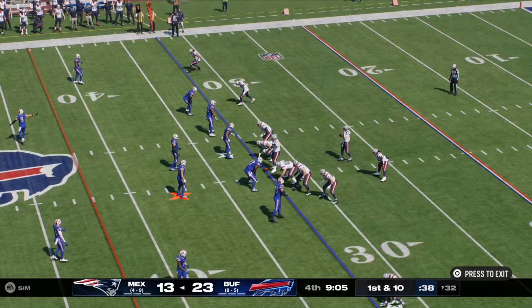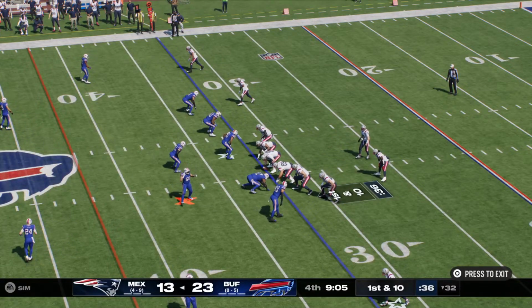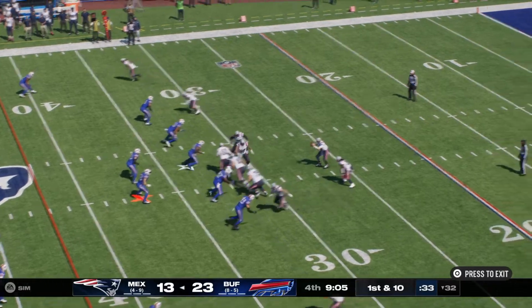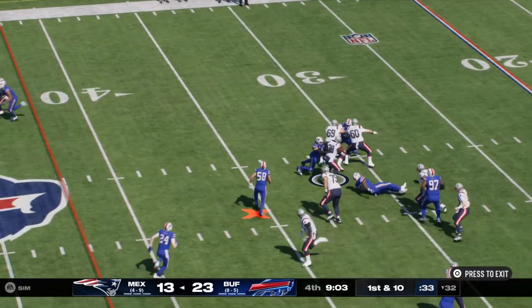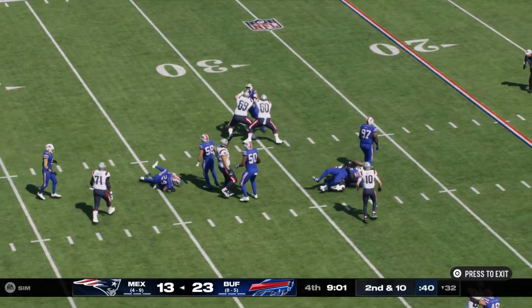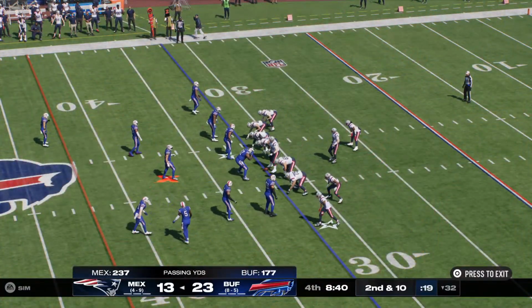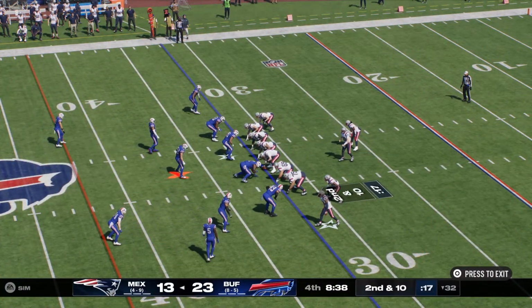The Pats at the line, ready to go. Their defense was able to force the punt. That's the good news, but this is still a two-score game, and they need points on this drive and in a relatively quick manner. Yeah, boy, this defense again really making things tough on him as they stop him for no gain.